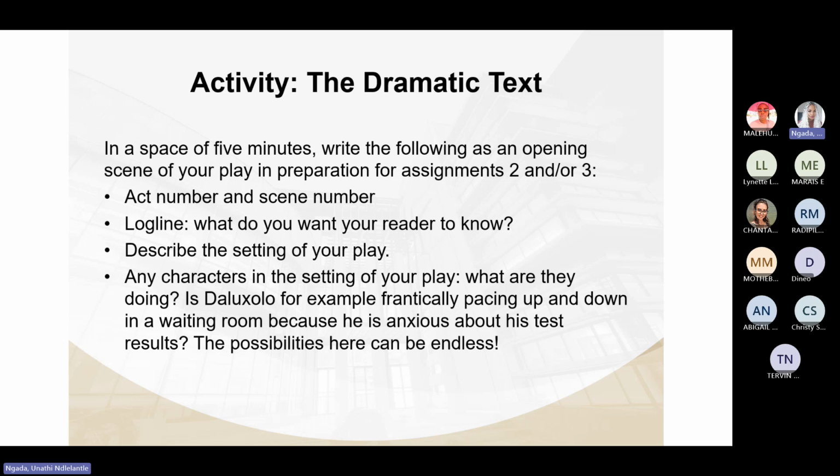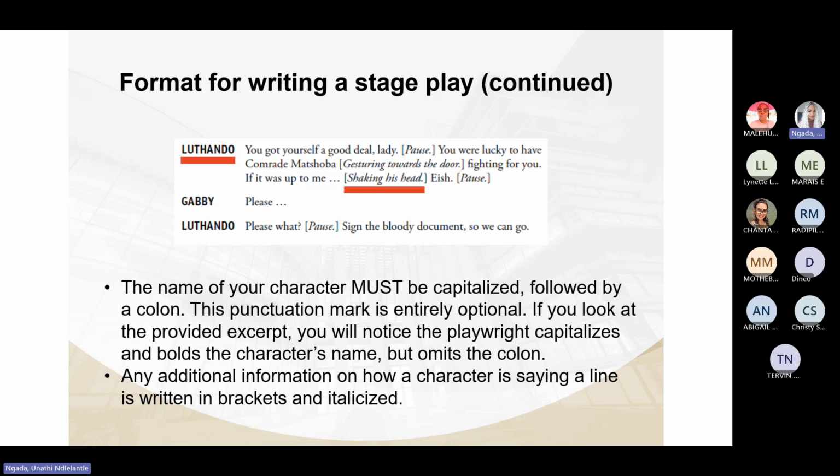So in this activity, while I allocate 5 minutes, I'm going to go back to the previous slide where you will use this excerpt as a guideline for doing this activity. And then what you will do at 22, yeah, let's make it 22, at 22, please share what you have written by commenting in the chat box. Okay, so I'm going to give you exactly 5 minutes, which starts now.